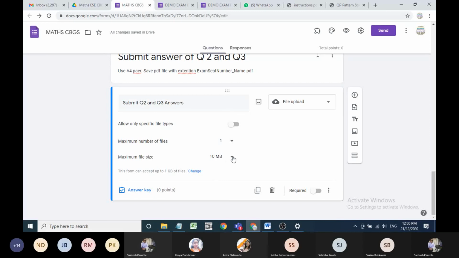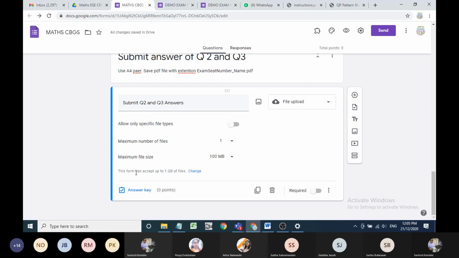Now, student, if they are using HD camera, when they convert into PDF, the size may be more. So at that time, there should be problem for uploading. So we have to take care of this: 100 MB. So the file will not be more than 100 MB. Because if you take one page for one answer, there are only 4 questions of 4 pages, which comes up to 10 to 15 MB. But we'll give maximum size 100 MB.